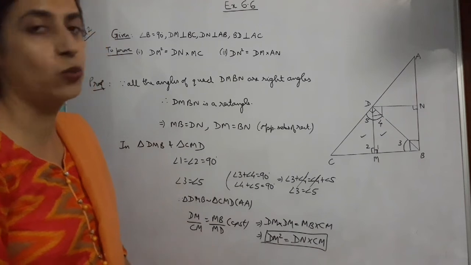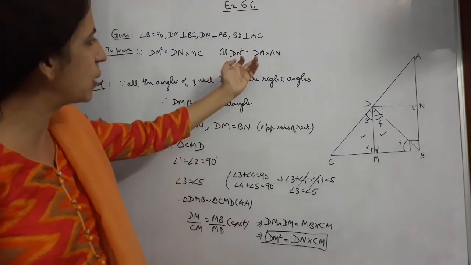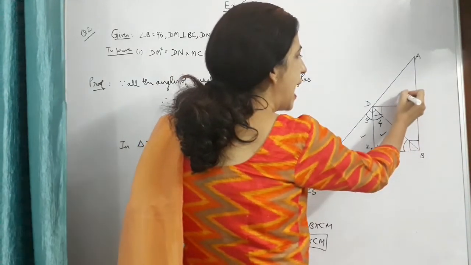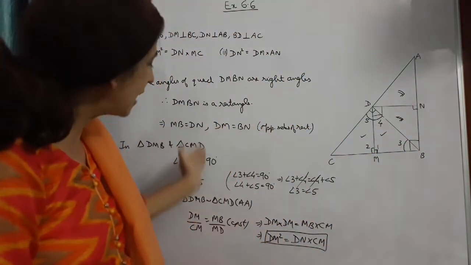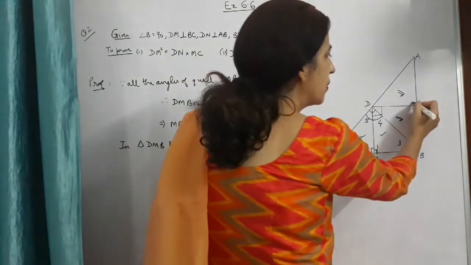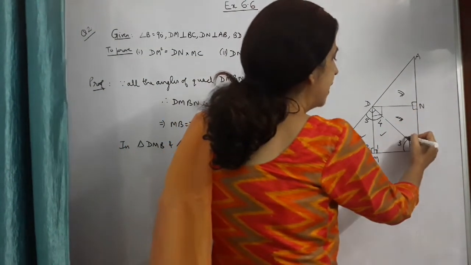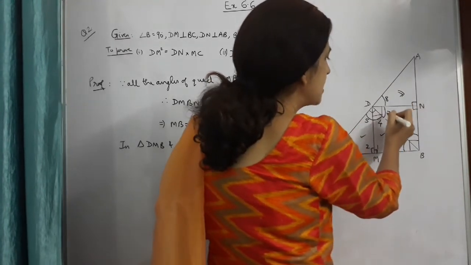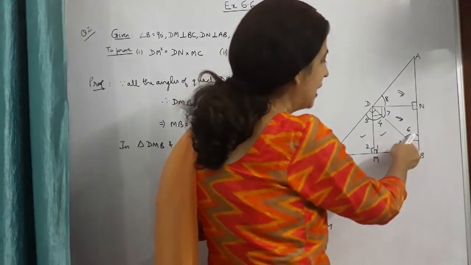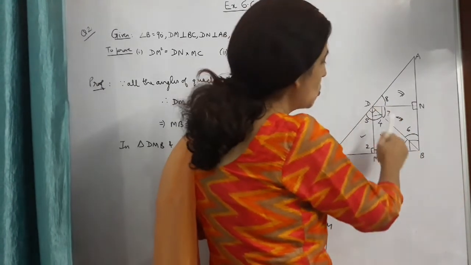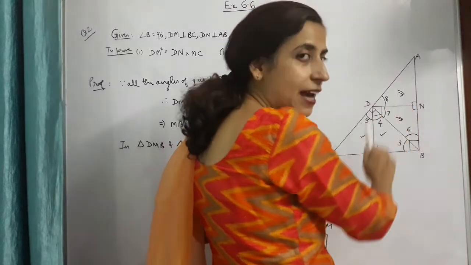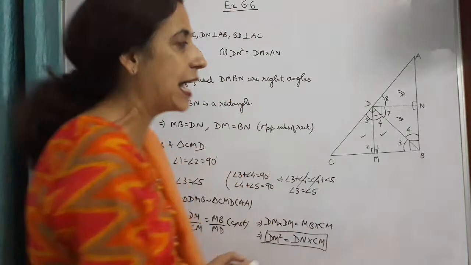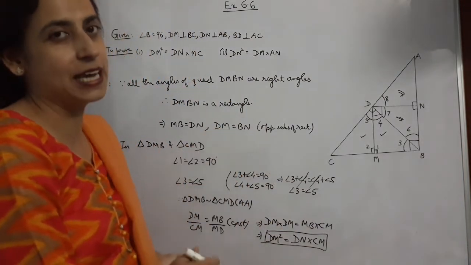Now in the second part you will do it yourself. You have to prove that DN square is DM into AN. So for this you prove these two triangles, this triangle and this triangle, to be similar exactly in the same way. This is 90, this is 90 degrees. And angle 6 plus angle 7 is 90 degrees. Angle 7 plus angle 8 is 90 degrees. So you get angle 6 is equal to angle 8. So these two triangles would be similar by AA criteria of similarity. And if the triangles are similar, take the ratio of the sides and then use this result. You will obtain the result.